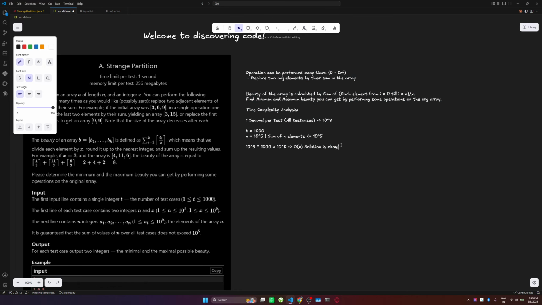Okay, so let's write the solution. Observation 1 is x y